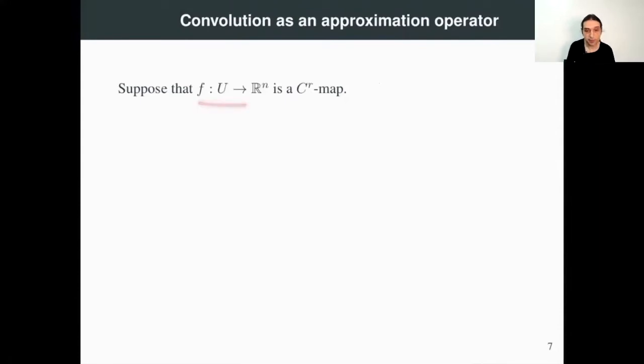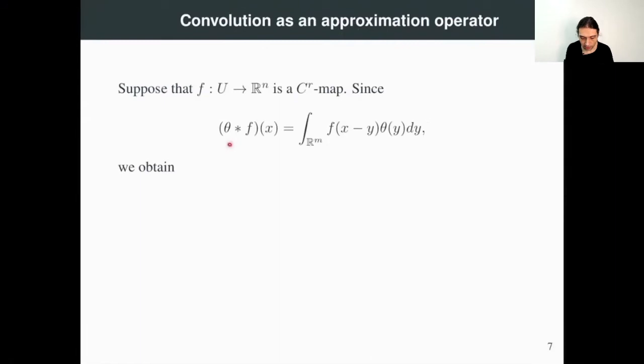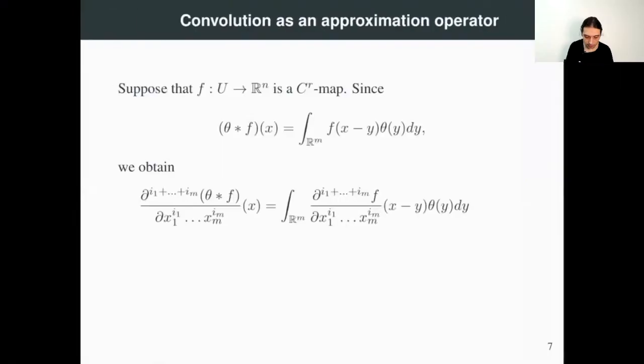Suppose that f from U to Rn is a CR map. And now consider the convolution. Let us consider now the first formula. Here dx enters as an argument of f and not as an argument of theta. We can consider the derivative with respect to one of the variables, for instance, x1. And again, since f is at least C1,